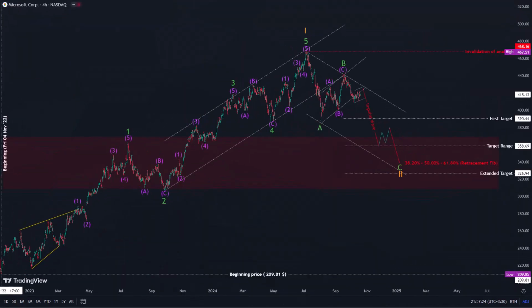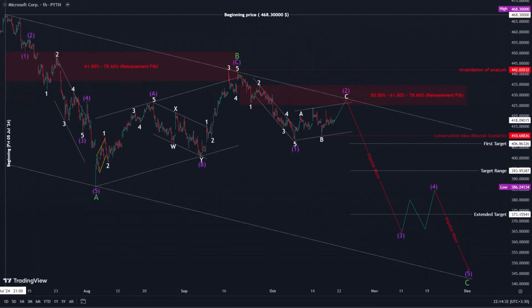Let's analyze Microsoft stock using a 4-hour chart. This analysis indicates a downward trend in the market. I have identified 5 waves that I refer to as the first wave of greater magnitude. Notably, waves 1, 3, and 5 are shorter than their preceding waves. This suggests that the second order of the larger wave may conclude in a simple zigzag pattern since the first wave is extended and further elongated within the larger wave.